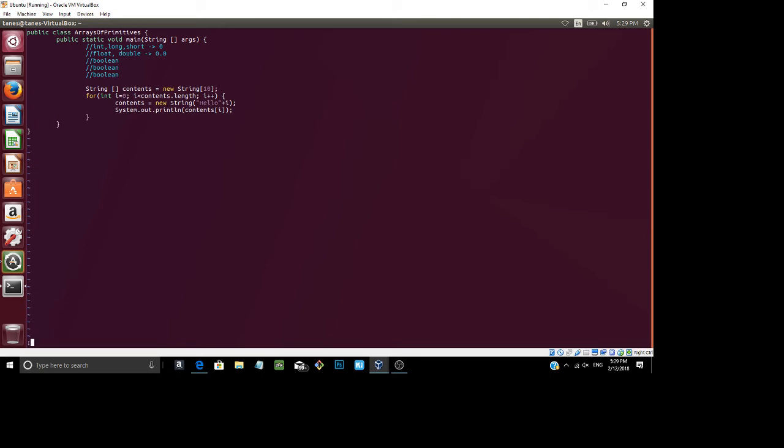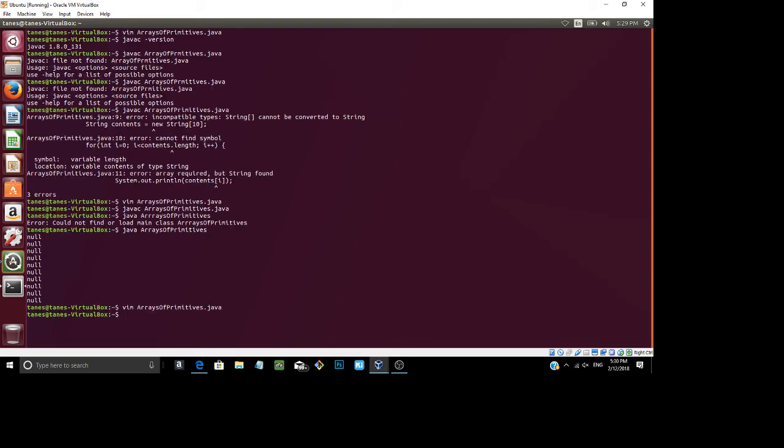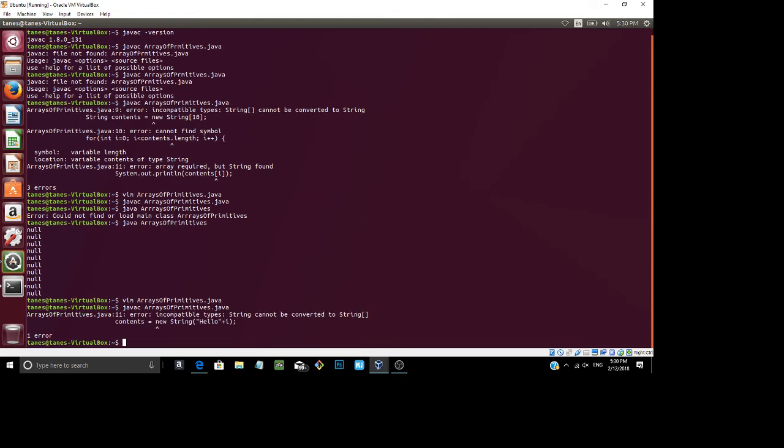So now we initialize the contents. So we're going to compile and run it. Okay, I forgot to put the index, right? When you assign the values,